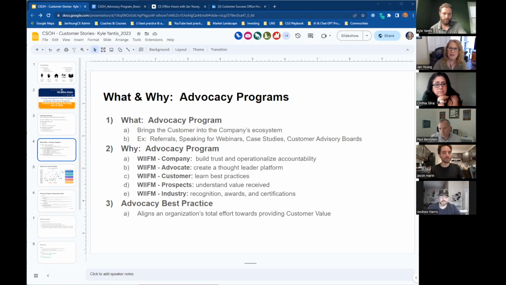Like who you get involved in a customer advisory board, the executives, the people who are the decision makers, right? Why would they want to be a part of a customer advisory board? Who you have involved in your product advisory board, maybe people who are more technical, or your champions, end users, why would they want to be involved in a product advisory board?